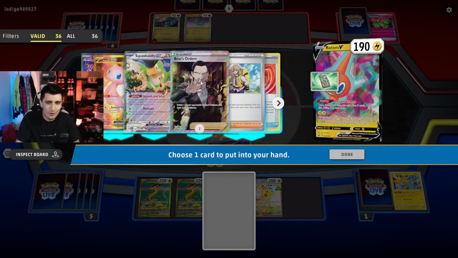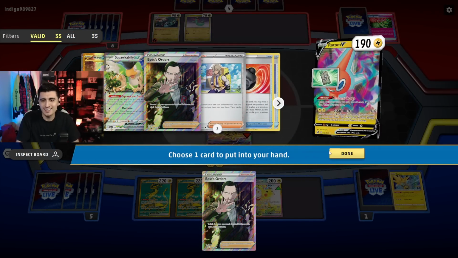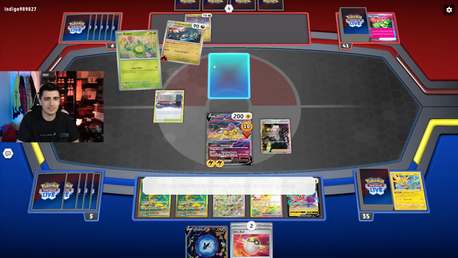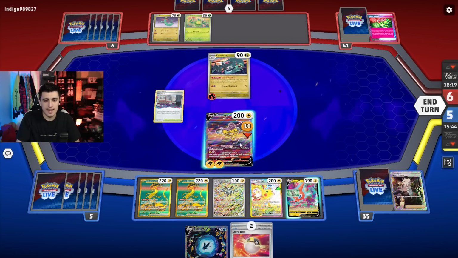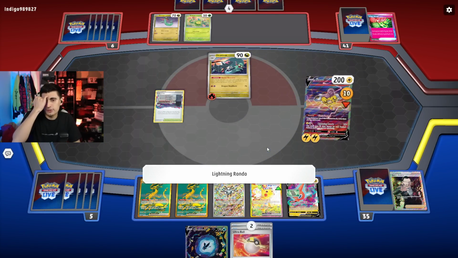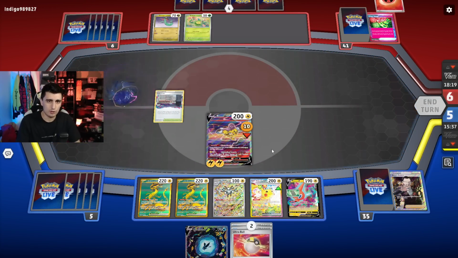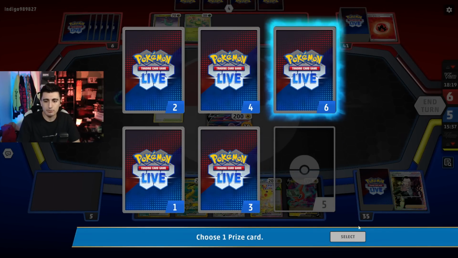Grab that Boss's Orders, baby. Come here, Giovanni. Come here, and let's smack that Drakloak out. And now we're in such a good spot. So here, the major concern is they could get a return KO if they go Rare Candy, Dragapult, and play a